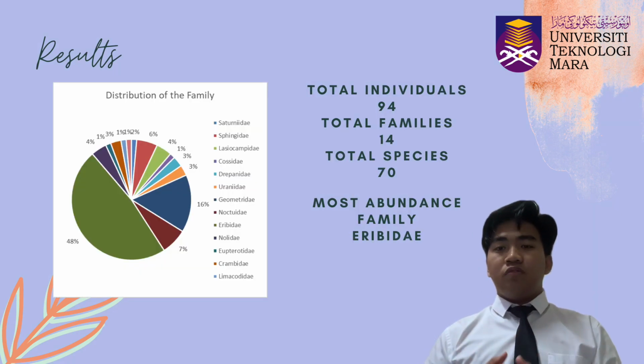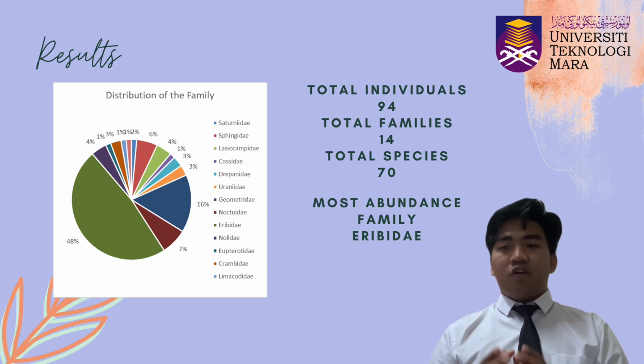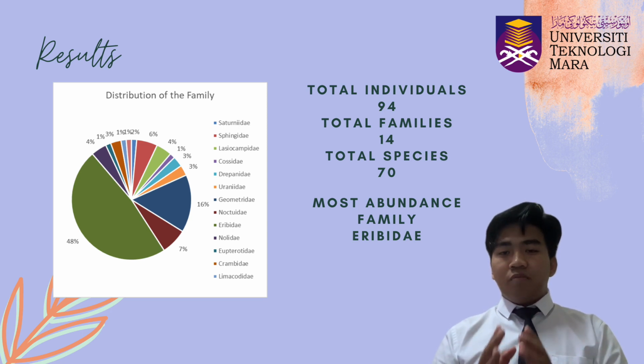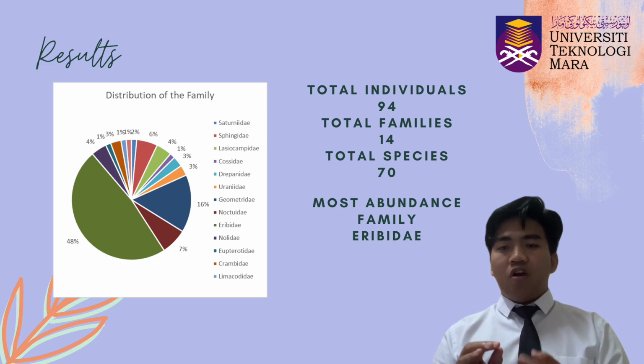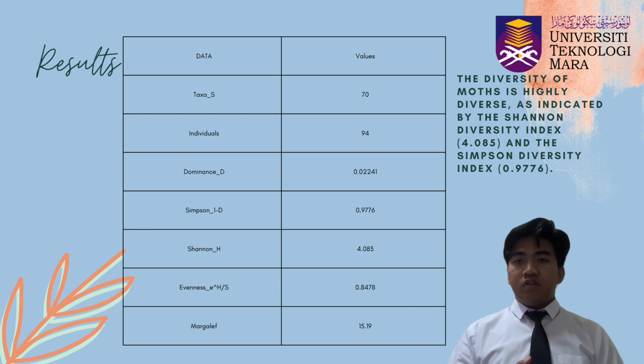Okay, let's move on to another result. The total individuals that we caught is 94, consisting of 14 families and 70 species. The most abundant family is Lepidoptera, about 46% of the individuals. Okay, for the next result, as the table shows, the diversity of moths is highly diverse, as indicated by the